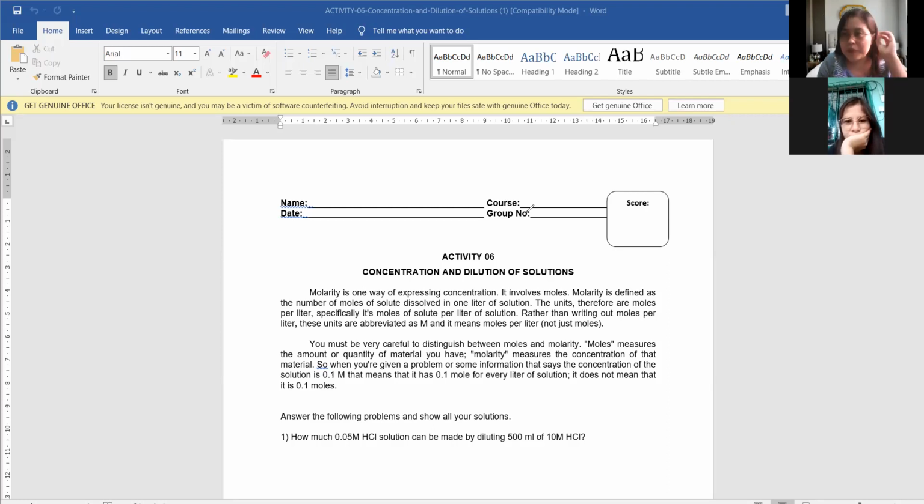So that is why we will talk about the concentration, but we will just concentrate sa molarity kasi marami tayong